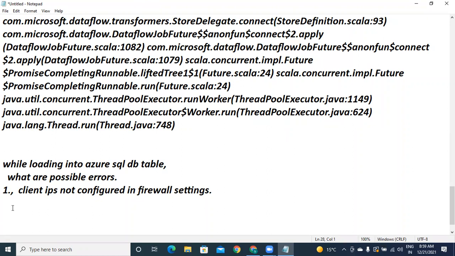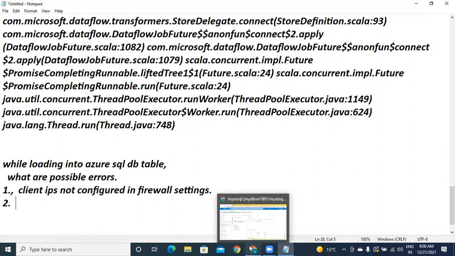Second, sir, actually here, who is the owner? I am owner of this account. I am owner of my ADF instance also. But in real time, this will not be the case. Your ADF instance is, of course, part of Azure, but an outer instance.